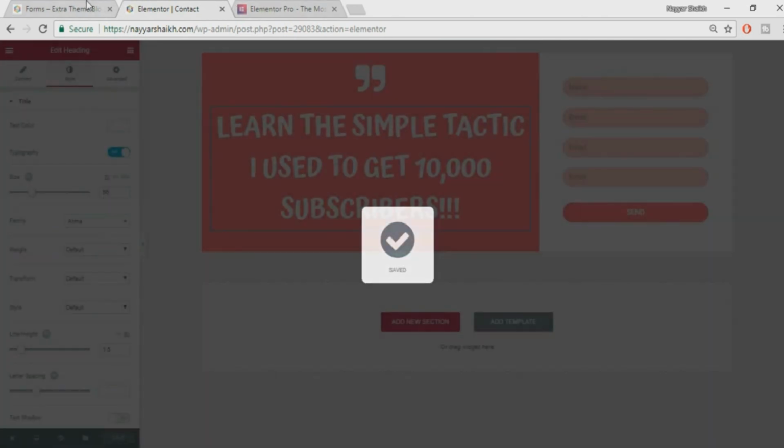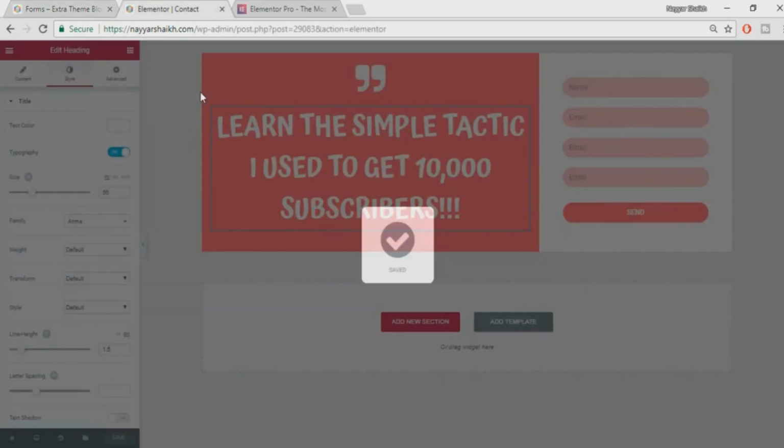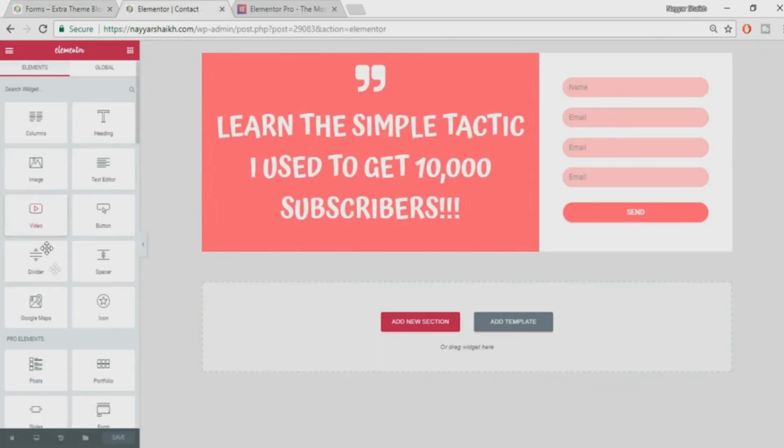Click on save. Fine. Now at the bottom there is some gap, and again there is some text. My name is written over there. Fine. So again come back over here,